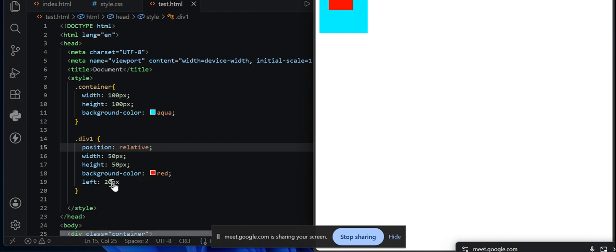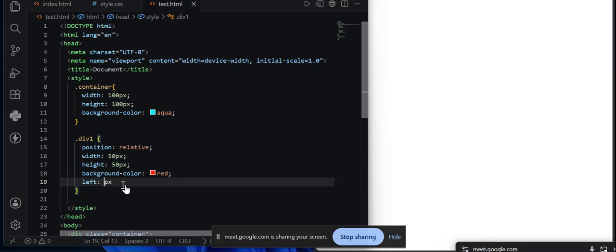So let me set this one back to, let's say, right. If I say right, set it to 0, what I mean is it should go towards the right by 0 pixels. So it will dash toward the right. If I save it,